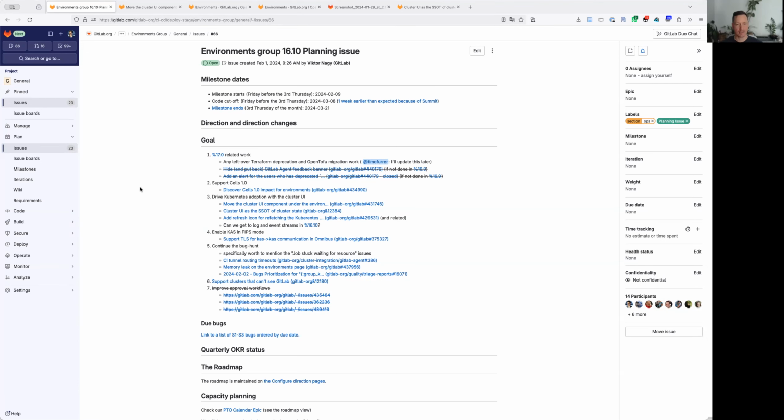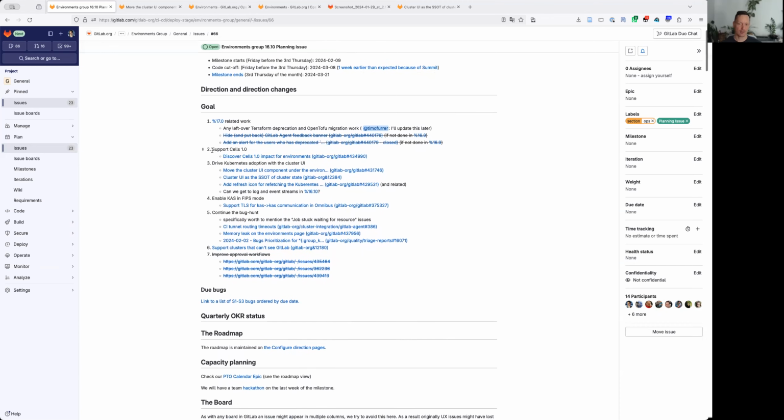Nevertheless, we have an amazing set of features that we want to work on that we were already working on some months before as well. In terms of goals, we want to be ready for the 16.7 deprecations, and there we are really well in the current status. So we don't have anything planned for 16.10 with respect to deprecations. The second item is to support SaaS 1.0. Primarily, we are working on the discovery section, but if something comes out and the requirement is to act on it quickly, then we might have to